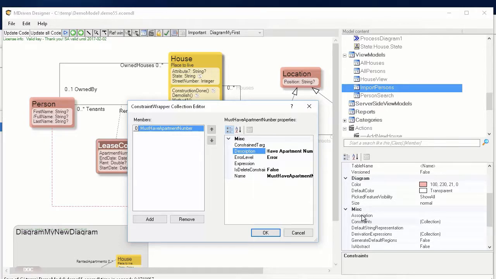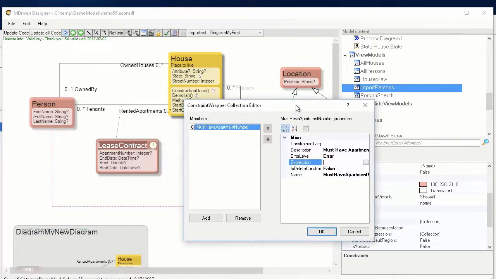Right, maybe we, yeah. And the expression is more or less